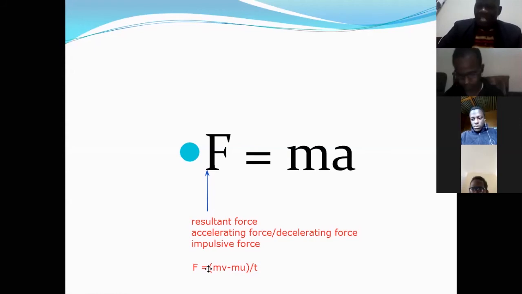When you are jumping from a high place, you are going for long jump or high jump, what happens? They always place a mattress for you to land on, or soft ground, so that as you land on that mattress, the mattress will compress in. That compressing in of the mattress prolongs the time of impact, therefore reducing the impulsive force.